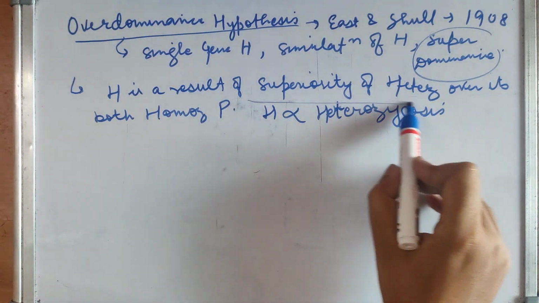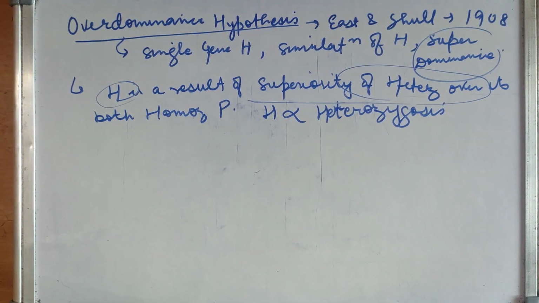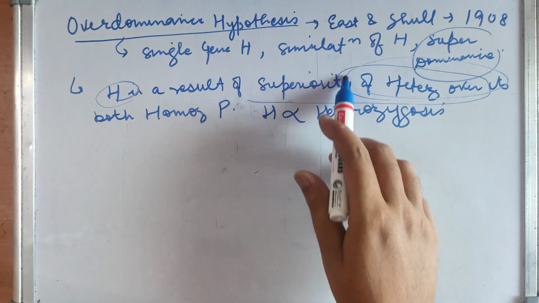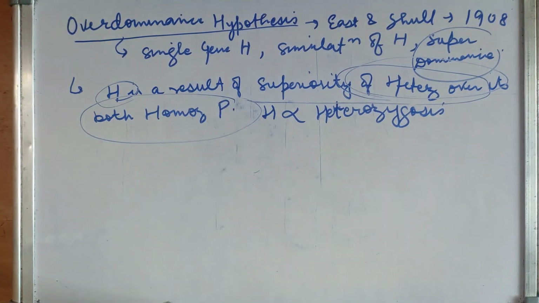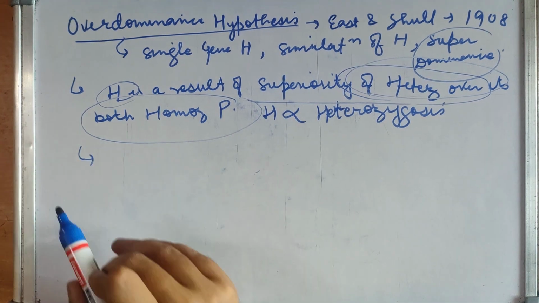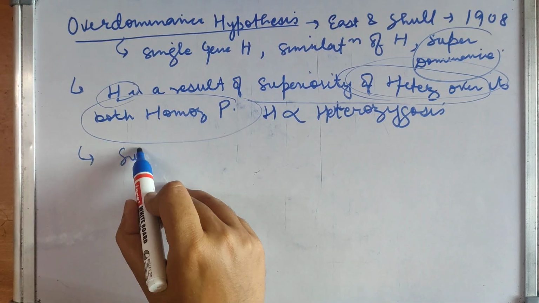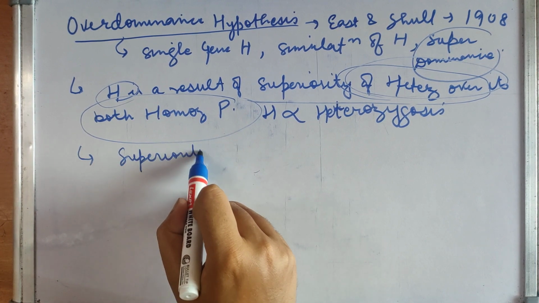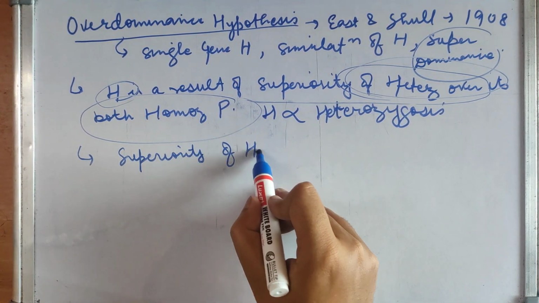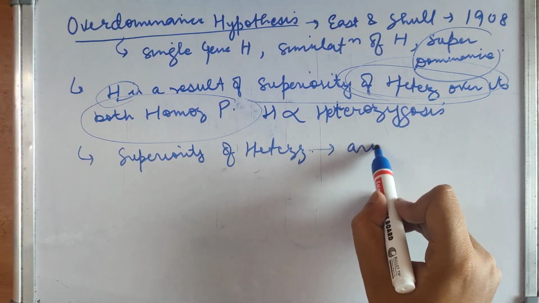The heterozygote hybrid is a result of the superiority of the heterozygote. The heterozygote is superior to both of its homozygous parents, and this superiority arises due to